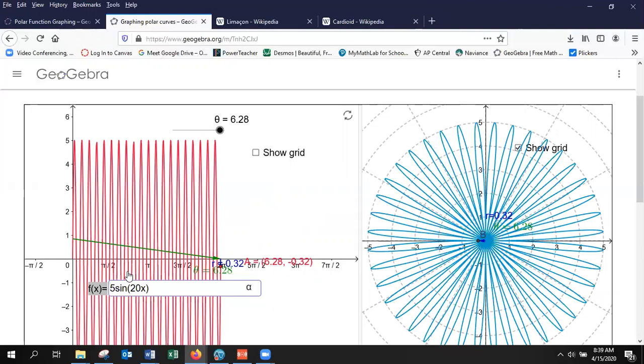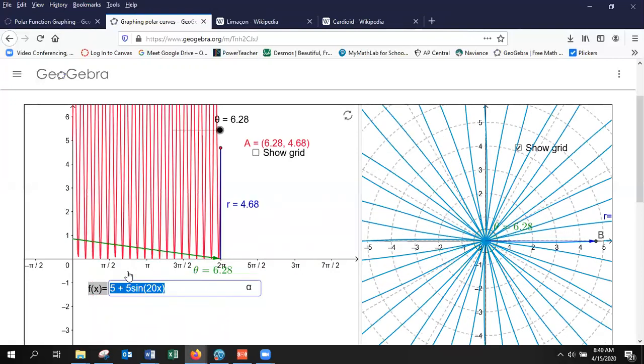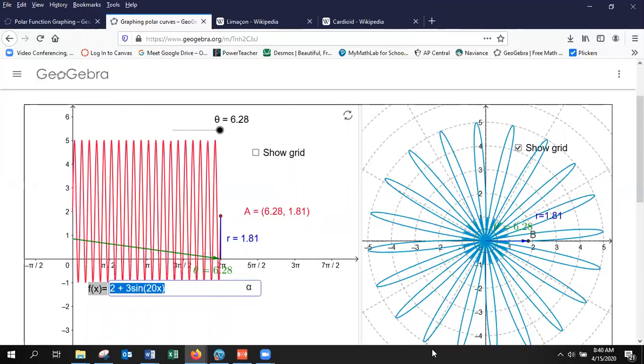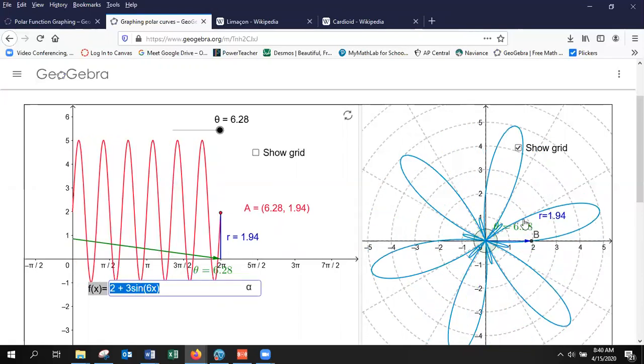And to have even more fun with this, if I make this, let's say, 5 plus 5 sine of 20 theta, actually, let's make that number a little bit smaller. Let's make that 2, make this 3, so we have an overall radius of 5. We start seeing a lot of fun things happen right there. What's actually going on is we have these teeny tiny petals here, and that's because since 2 is smaller than 3, we end up having negative radii giving us that. If I change this 2 to a 3, and this 3 to a 2,